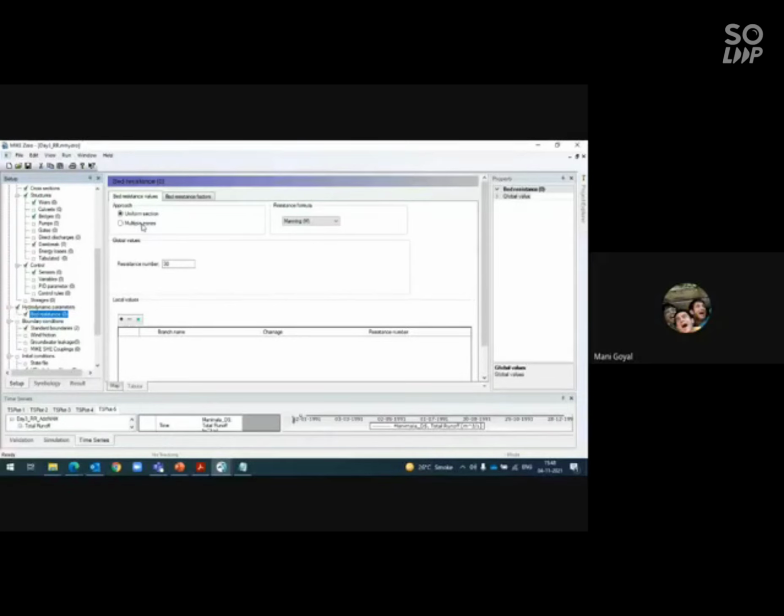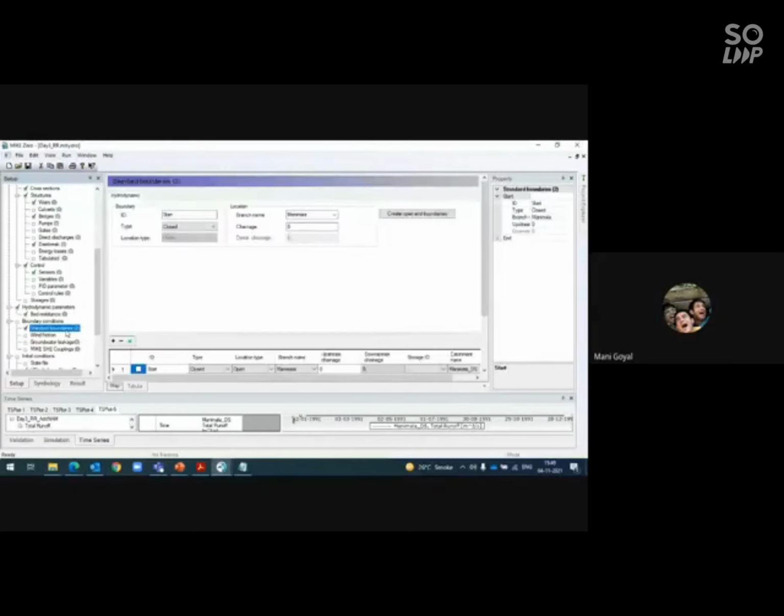You can give the HD parameter in terms of multiple zones, and I have defined 30 here. This will go as a multiplier of your relative resistance in the cross section. If you have 1.5 written there, it will go as 1.5 into 30. Now it's 1, that means it will be 30. So if you choose Manning's n, it will be 0.03. For whole numbers, you can keep it Manning's M.